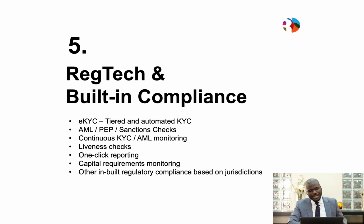How do you then know that this user is now a politically exposed person? Or what if this user, 2 years after your relationship started, gets sanctioned and you do not know that this user is on the US Treasury sanctions list? So with continuous KYC and AML monitoring, your application tells you in real time of any changes to your customers'